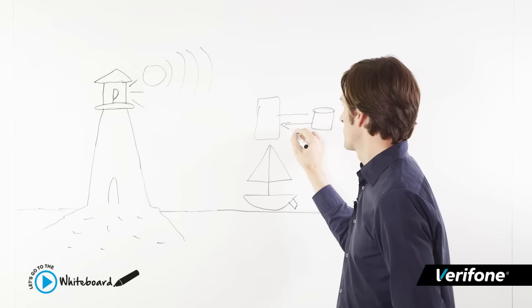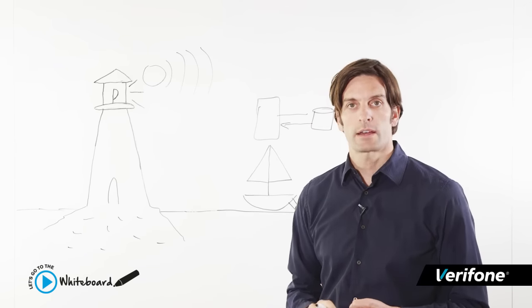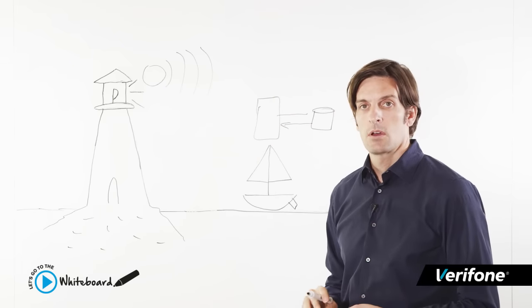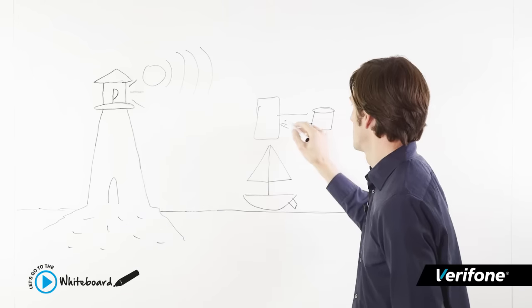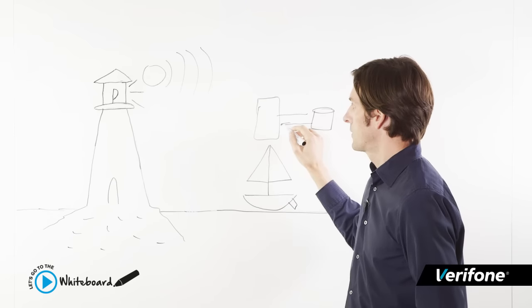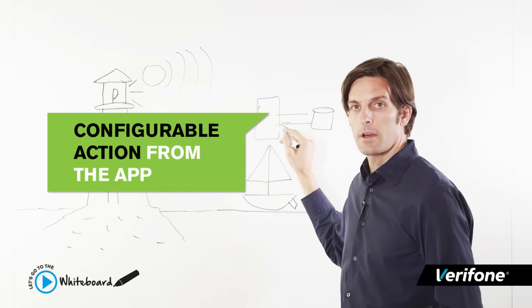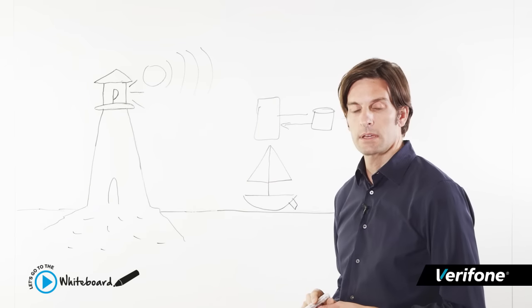The server then tells it to launch an app, to do nothing and perhaps just track the fact that this mobile device was in range of the beacon, or perhaps it can even trigger a payment type. All of this is configurable based on what the app developer has determined they want that mobile device to do once it comes within range of that beacon.